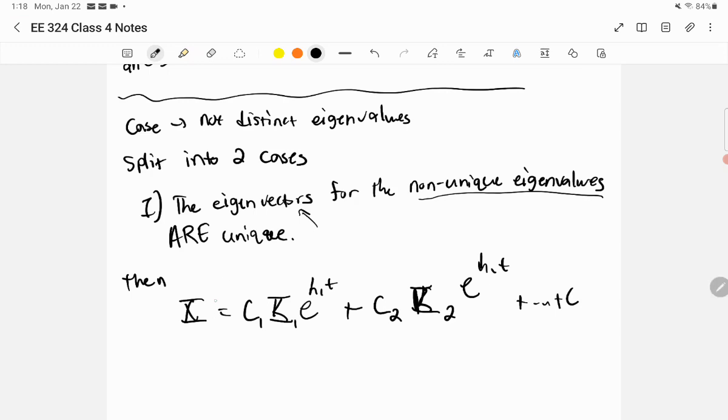I'm going to write this solution as corresponding to lambda 1. Okay, so we have m of these that are the same, km e to the lambda 1 times t, and then basically the general solution is just